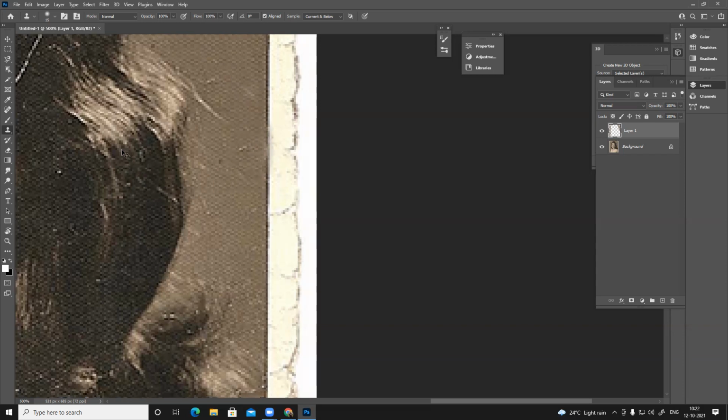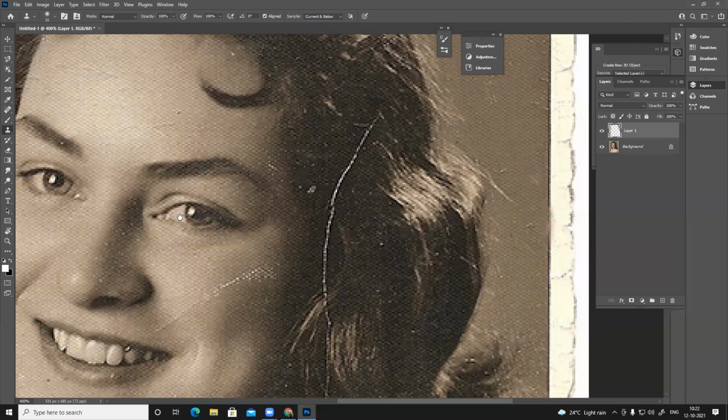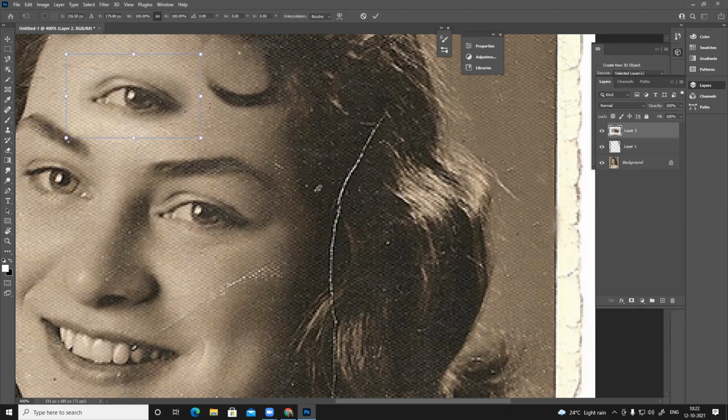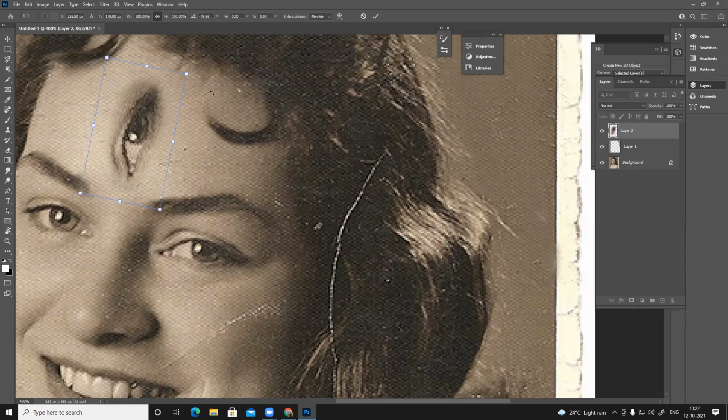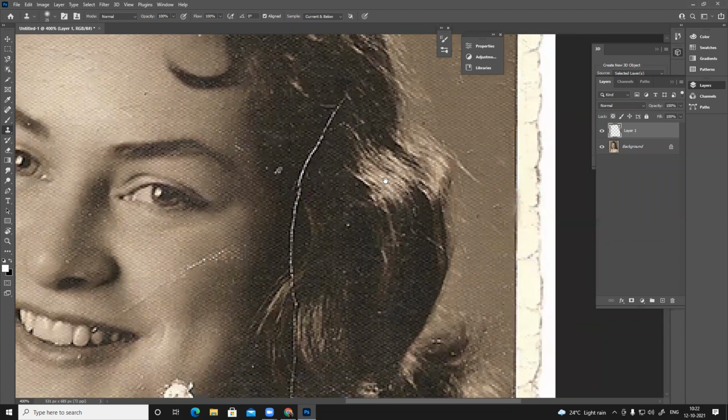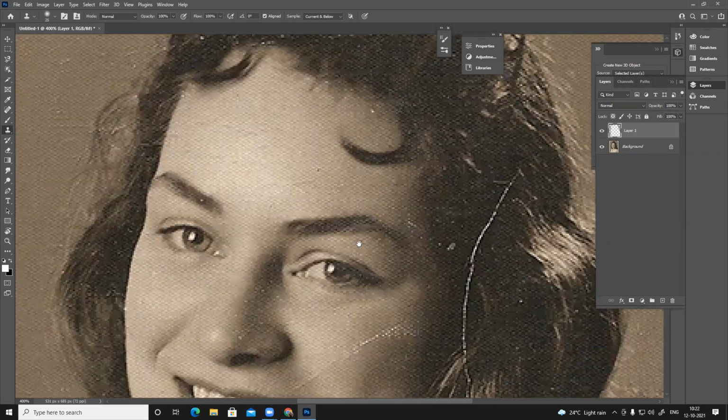I can use this for anything. Suppose I want to create one more eye here. It is separate. This is how we manipulate photos. Suppose I want to create the same eye, either I can copy paste this layer or I can simply stamp it. Alt, click here. You can see, a third eye. And then I can rotate and change it, right? So this is how we modify things.